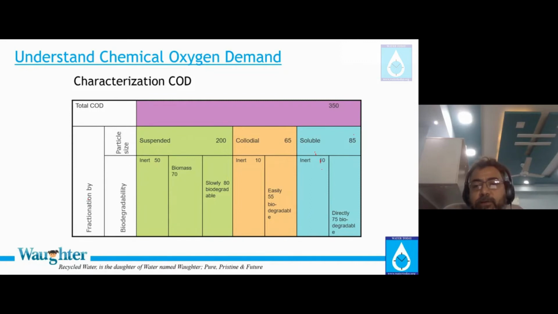Yeah, it's here. Okay, the bugs love this. They only do this, then this material as well as this one. Out of this, only this portion will be taken care of by the bugs if you have sufficient HRT, hydraulic retention time, especially the colloidal ones. And you have a proper hydraulic retention time, but it is not only the hydraulic retention time which is